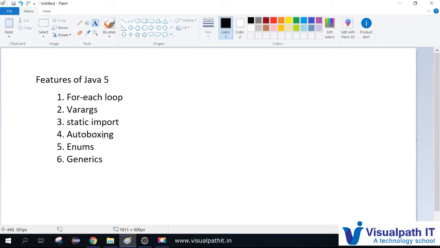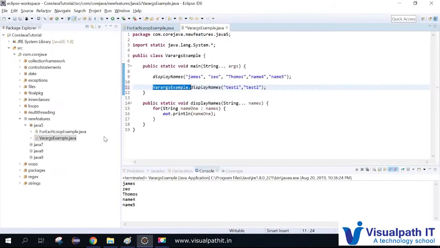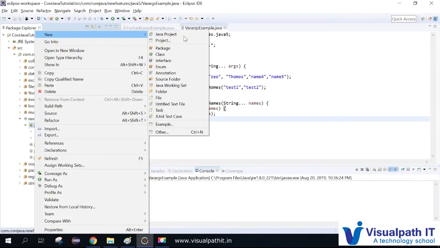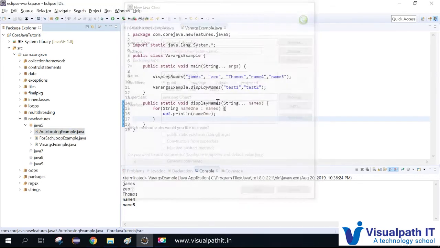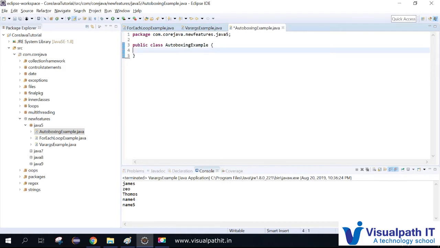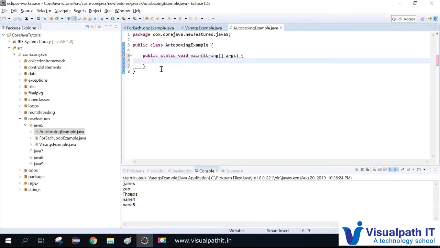Now we can see what is autoboxing. I'll be having one more class. Generally, there are wrapper classes like Integer, Float, Double, String.